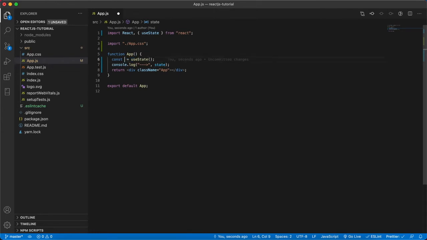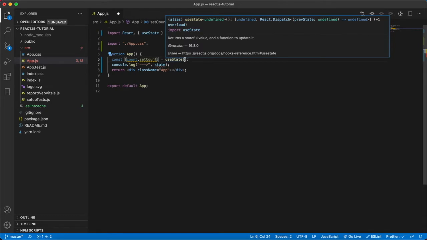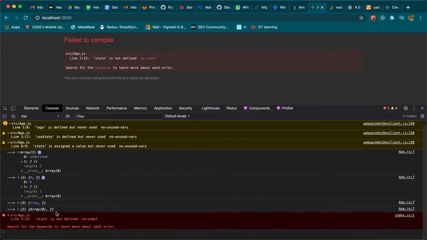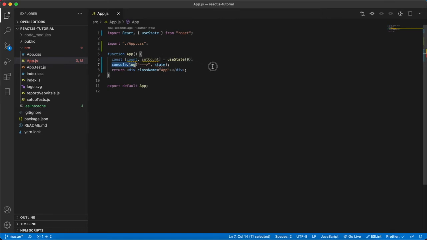Now, like we have seen, it will return an array of length 2. So we are going to destructure it with the value name, which I'm going to call count, and the second one is a function, which we will call setCount. Try to use this naming convention across the React projects that you do. First is, for example, count, then setCount. If it is name, it will be setName, like that.